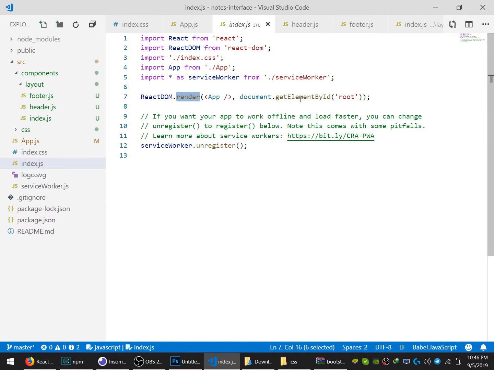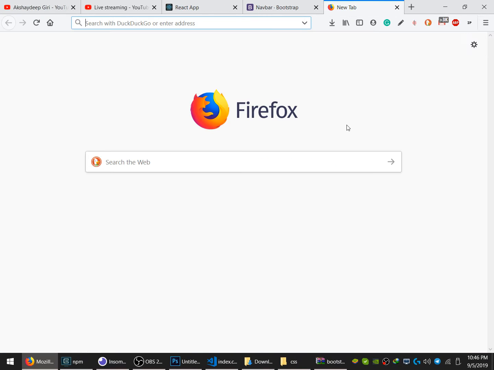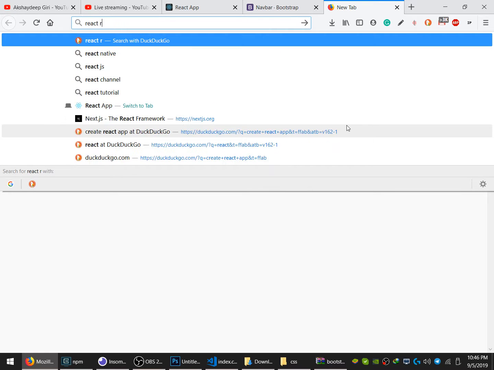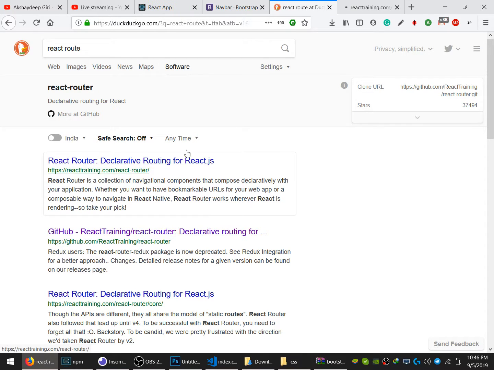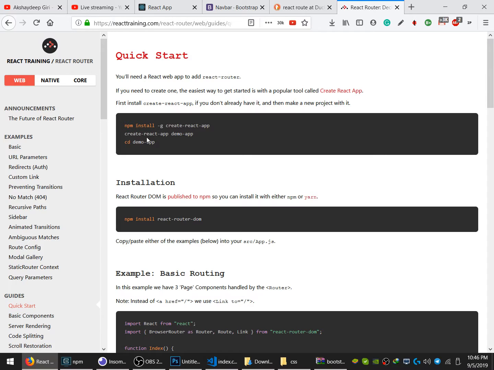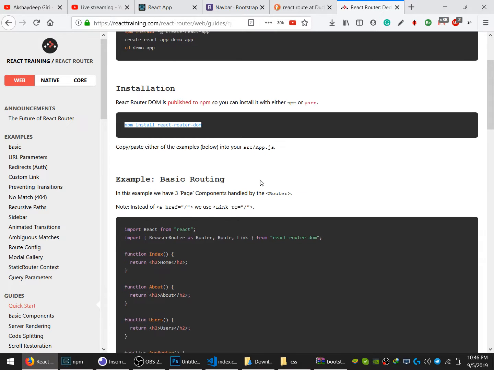I remember setting up React router was a lot of work. React web, install React router DOM,